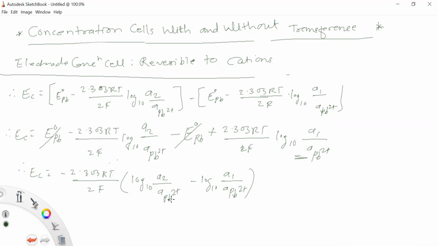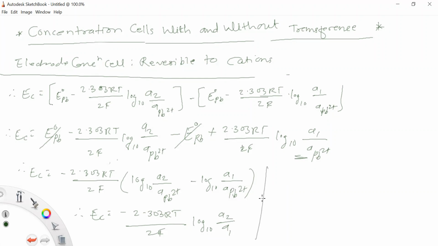Log of A minus log of B म्हणजेच काय होईल, log of A upon B, right. त्या फॉर्म मध्ये आपण याला घेतोय. So therefore EC is equals to, I can write here directly the 2.303 RT upon this 2F, right. Then log of to the base 10, it is A2 upon A1. हे जर आपण त्या फॉर्म मध्ये लिहिले log of A minus log B, तर log of A upon B होईल. त्या फॉर्म मध्ये लिहिले तर हे आणि हे कॅन्सल होईल. We'll get the log of the A2 upon A1, right.